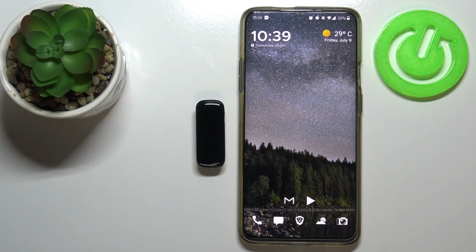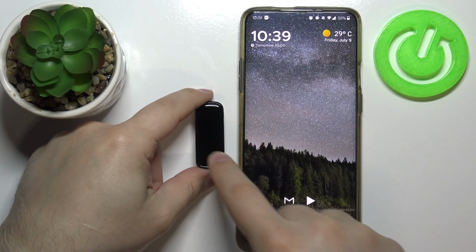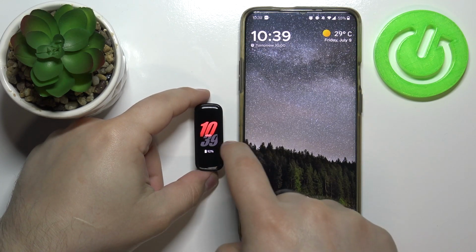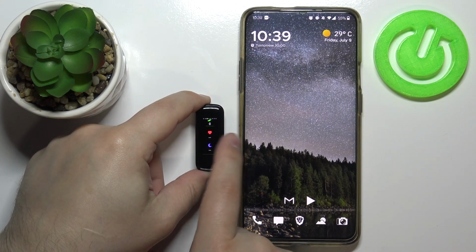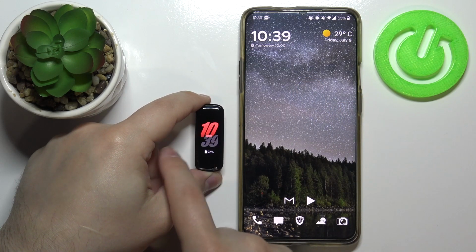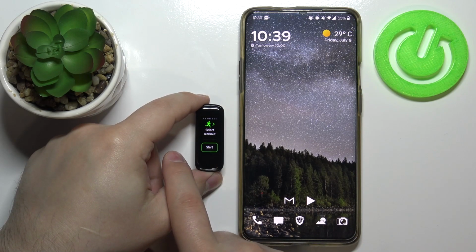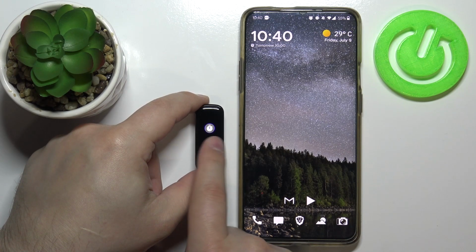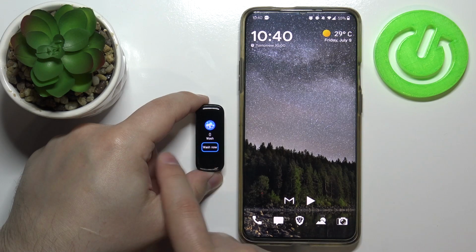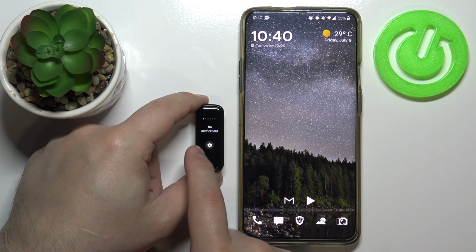Hello, in front of me I have Samsung Galaxy Fit 2 and I'm gonna show you how to customize the widgets on this device. What I mean by widgets: if you wake up the screen on your device and then on the main screen, on the watch face, start swiping left or right on the screen, you will see the widgets. You have health summary, exercise, stress, weather I believe, timer and stop, and wash hands reminder, and of course